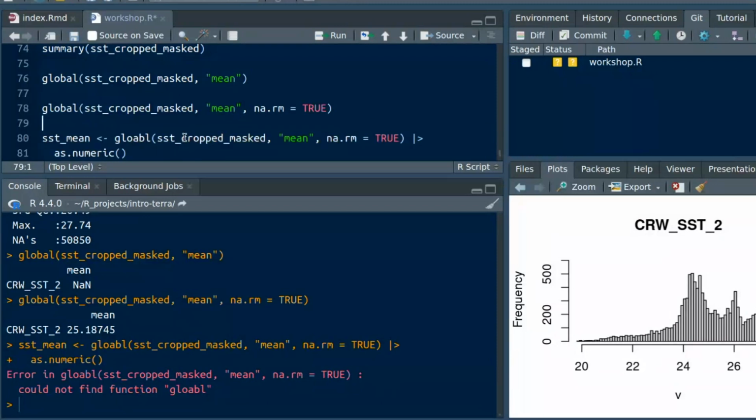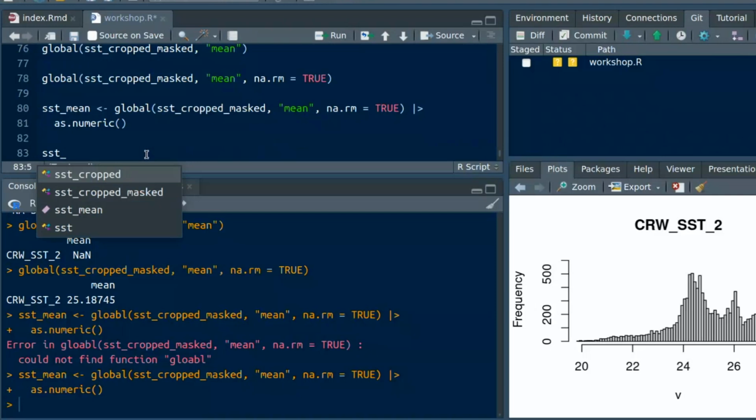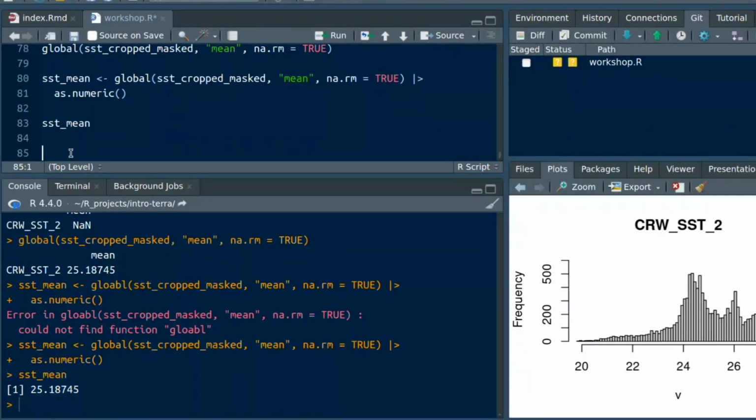It'd be useful if I spelled global correctly. Okay, so that should have saved that. Let's just check SST mean. So now you'll see down here, I've just got a single value rather than a data frame. There's nothing else but the value. And that's going to be useful in a second because we're going to do some